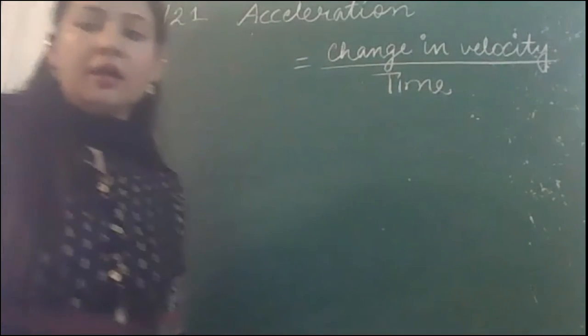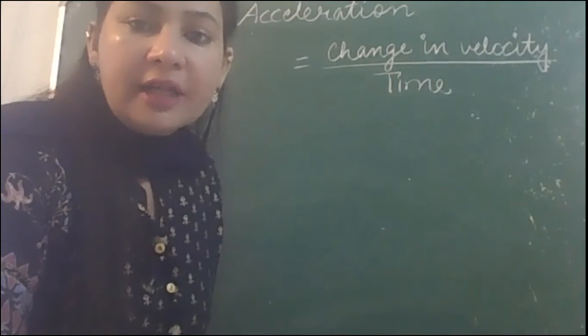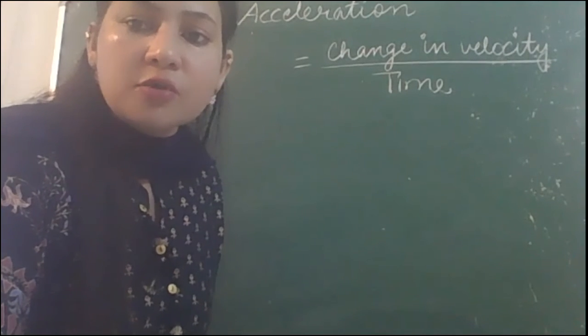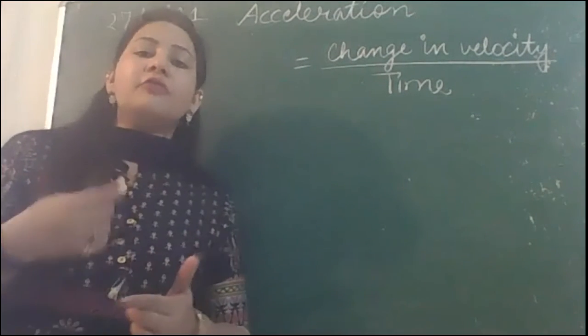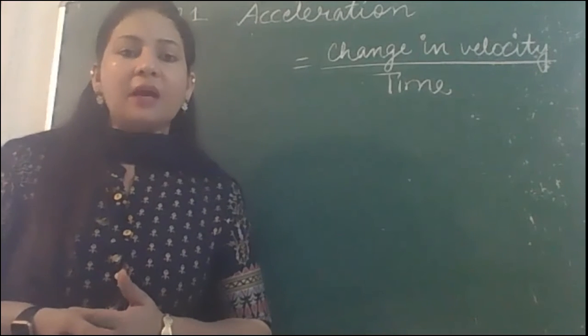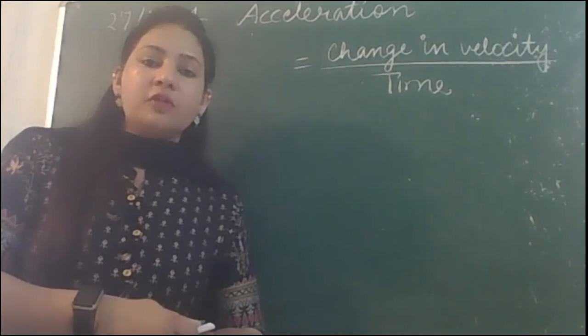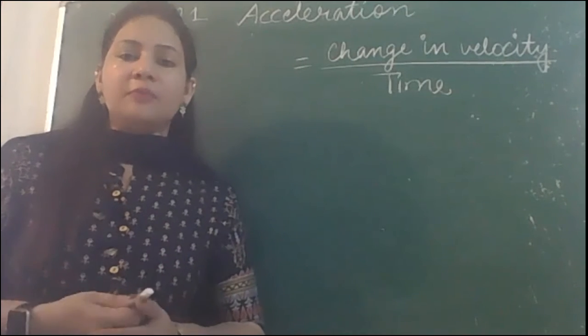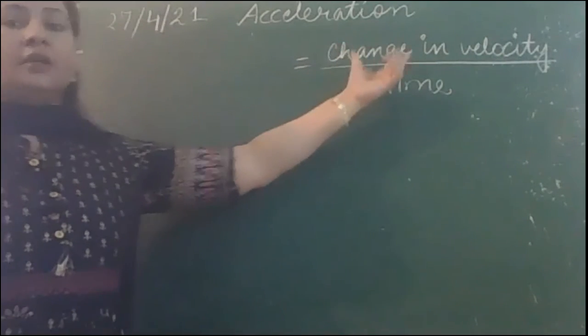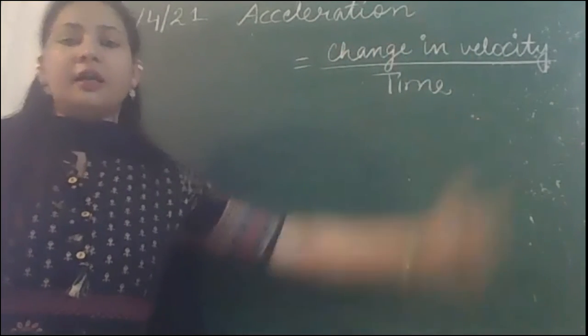Over नहीं लिखना आपने कभी भी, ठीक है? When you are writing the answer, you will not use this language, over. आपने ऐसे लिखना है rate of change of velocity of an object. या फिर आप लिखोगे it is the ratio of change in velocity to the time taken. Over नहीं लिखोगे कभी भी आप. वो तो हम formula में बोलते हैं कि change in velocity over time.